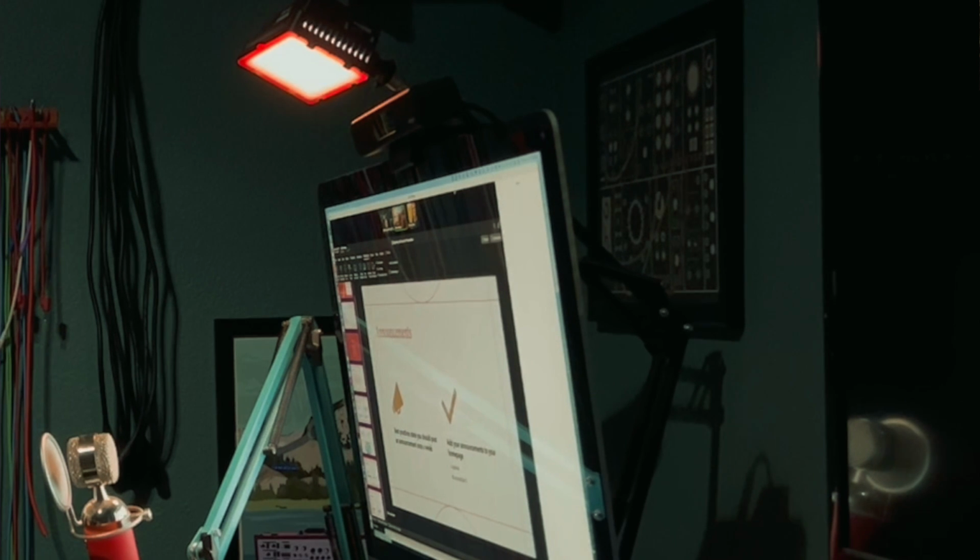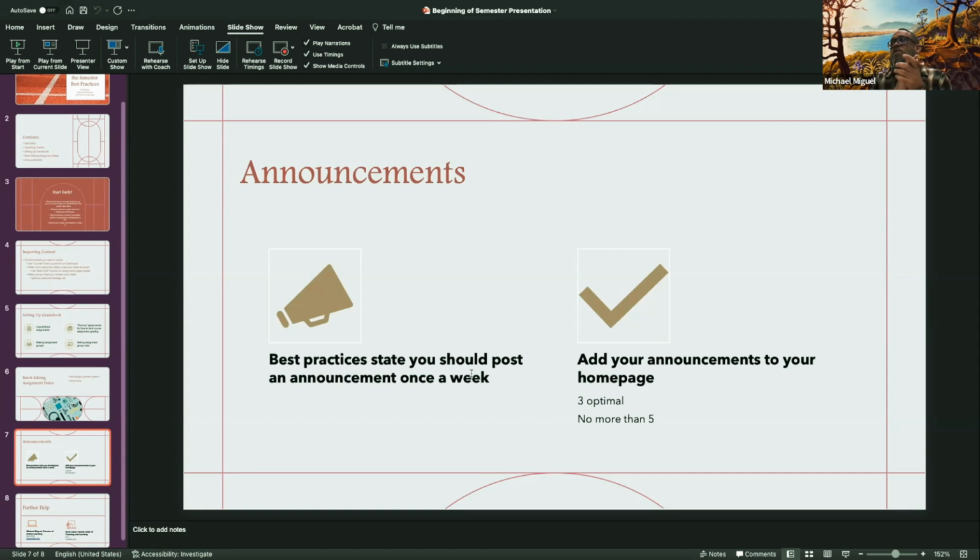The best practice pretty much across the board for distance education or just online courses in general, so even if you're face-to-face or hybrid, is to post your announcements on Canvas. Like I said, you might have a 1 night a week or a 1 day a week course. Canvas is open 24 hours a day, 7 days a week, 365 days a year. If a student doesn't write down a specific important announcement, they've got to reach out to other students, hope that they can get a hold of somebody that can answer their question. So the best practice is to post an announcement once a week.